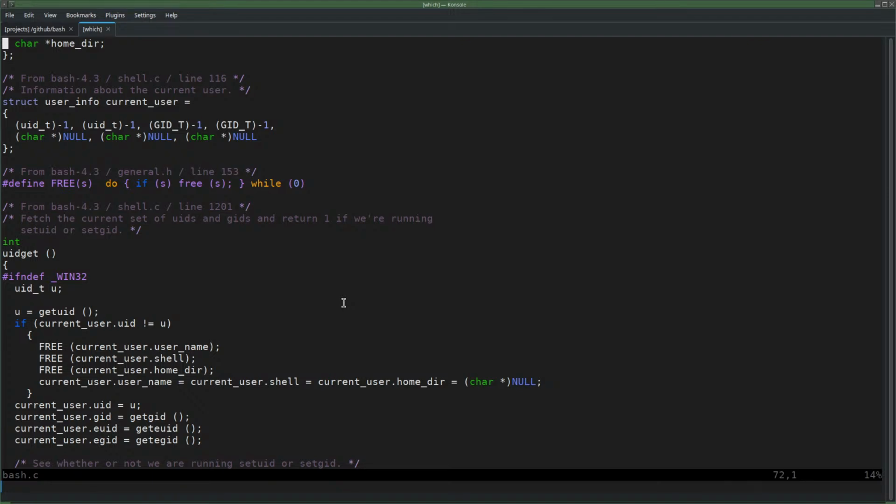I'll explain why I have code from Bash to begin with. The which should tell you which command will be executed if you type it the same way on the prompt. That is not trivial. You would say, well, just look in the path, and then the first thing you encounter can be executed. But you have all kinds of modes like executable flags and directories that are or are not